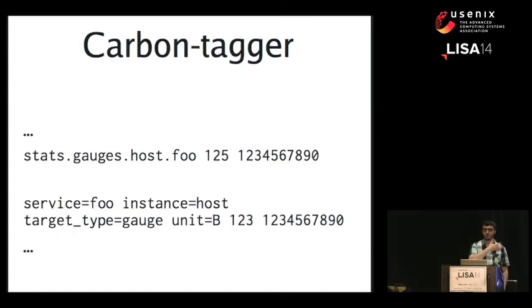Once you can submit in this native format, there's another service that you can use called Carbon Tagger. This one speaks the Graphite Carbon protocol, and whenever it sees a metric that is in the 2.0 format, it will maintain all this information in an Elasticsearch database. As your metrics flow in, it automatically updates, so you always have a database that reflects which metrics you have in real time.